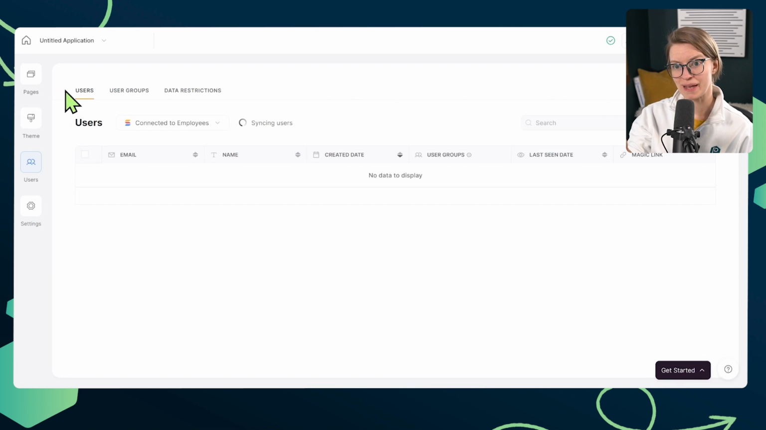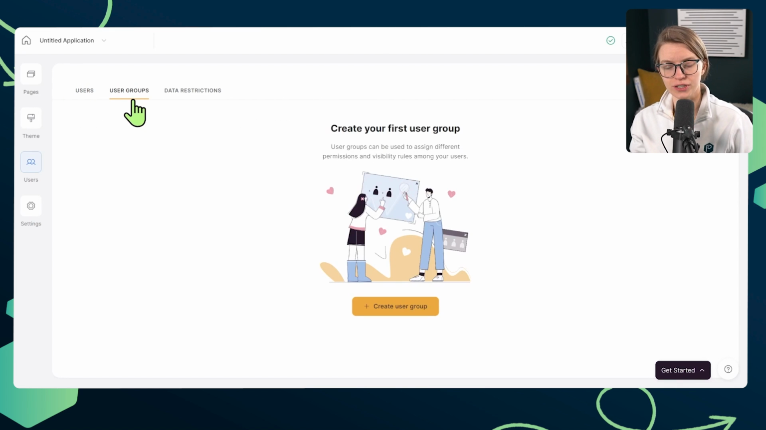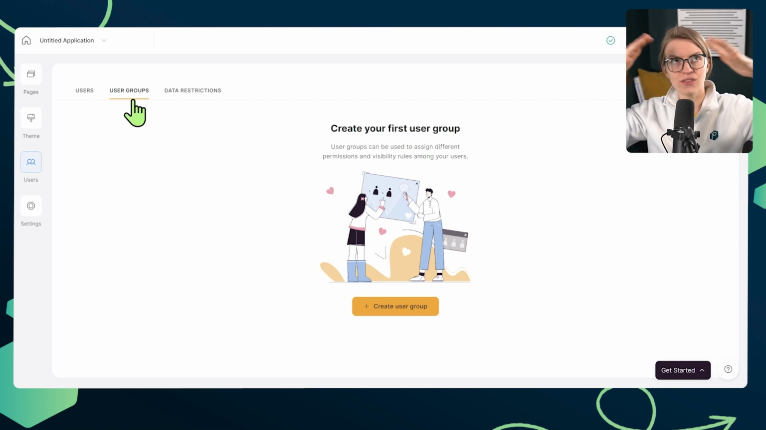While we wait for that to do its magic, we're going to hop over to the user groups tab. And this is where in Softr, we can set up access levels for the app that we're building. We already have access levels to some extent inside of SmartSuite. But when it comes to Softr and building out this custom learning portal, we want a different experience